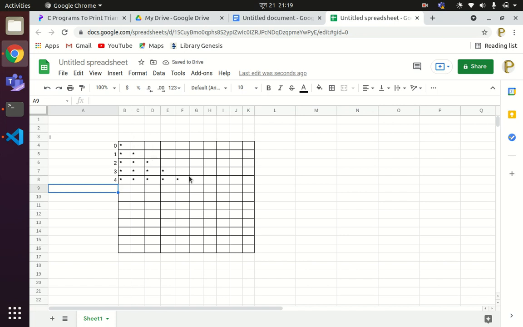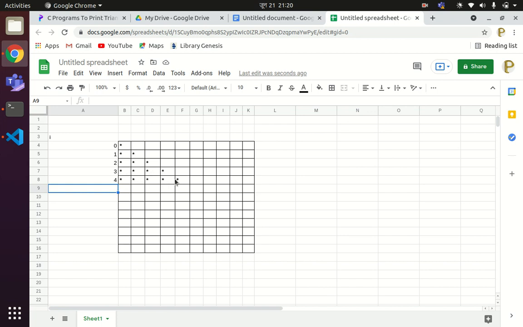Now let us consider the first row. In the first row, how many times is the star printed? 1 time. In the second row 2 times, in the third row 3 times, in the fourth row 4 times, and in the fifth row 5 times.